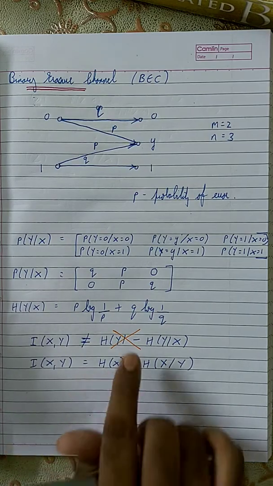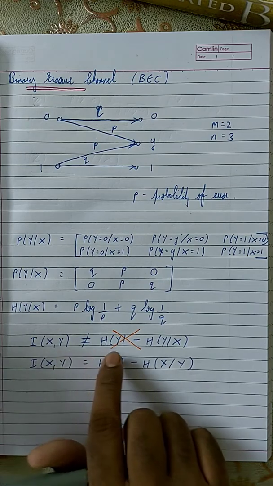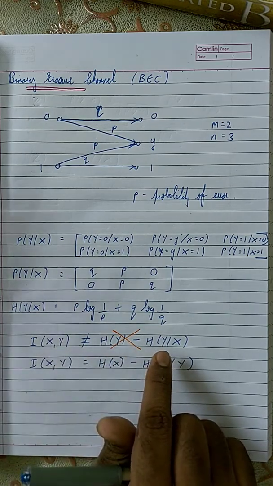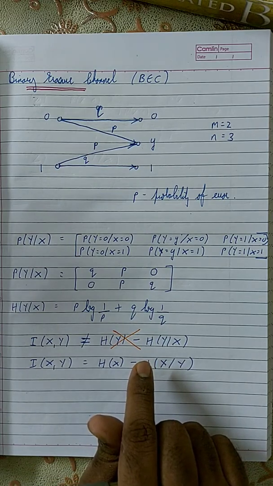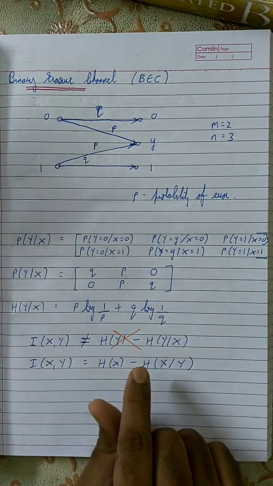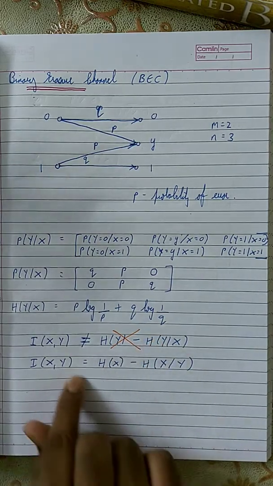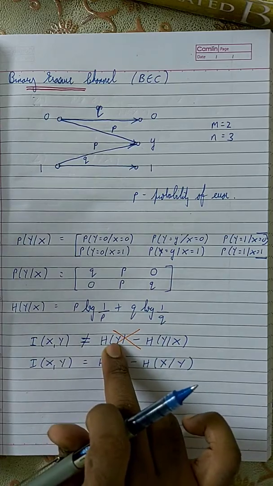You cannot use the equation I of xy is equal to h of y minus h of y by x. You cannot use that equation. Also, you cannot use this equation also, that is I of xy is equal to h of x plus h of y minus h of xy. You can't use that equation also. You can only use this equation, because in both the equations h of y is inside it, and you cannot